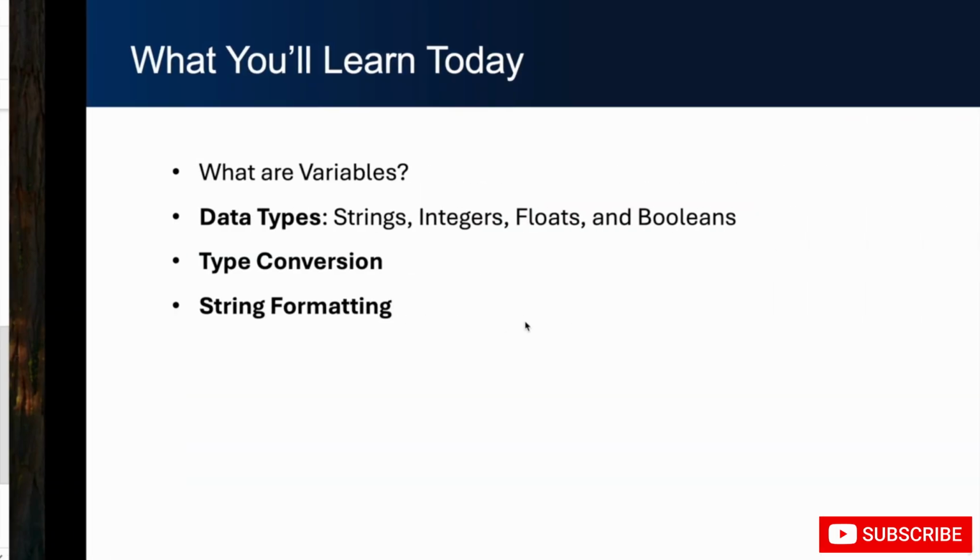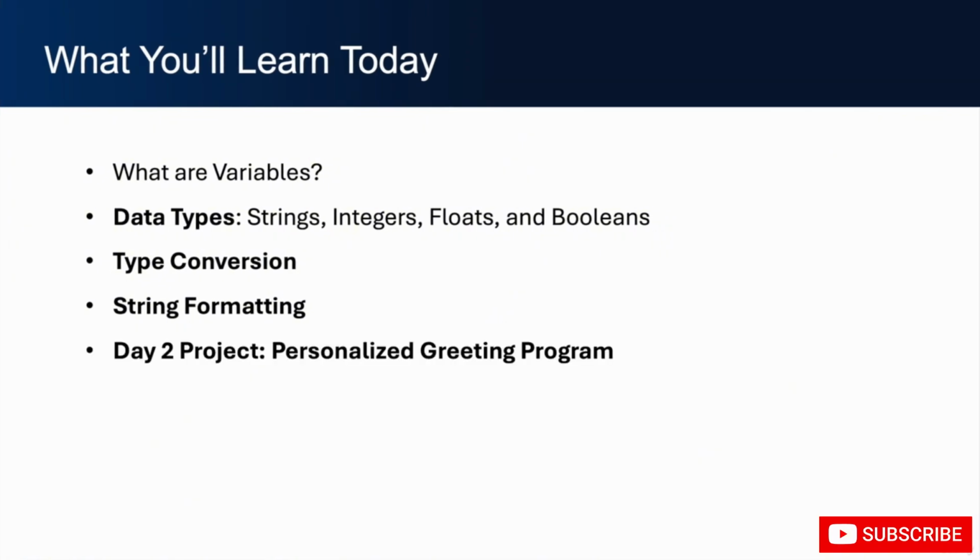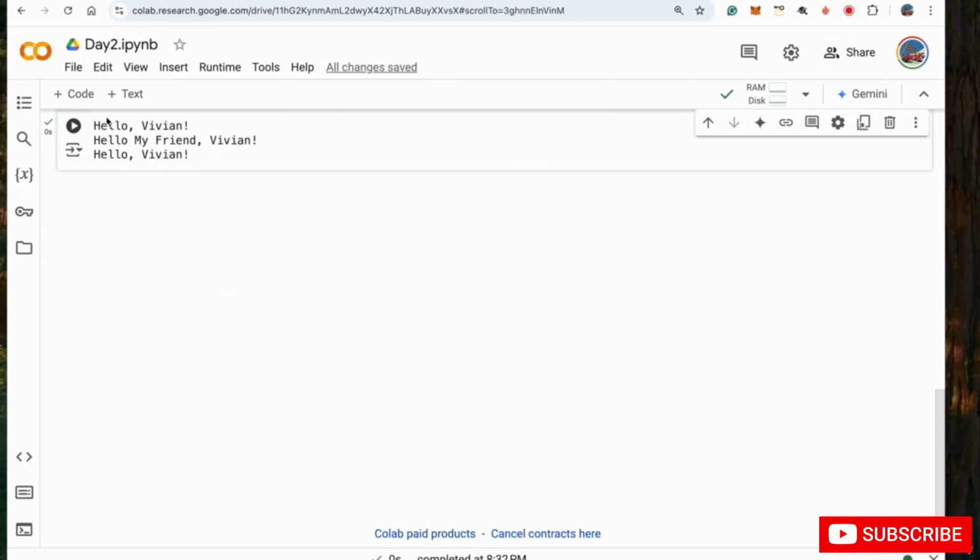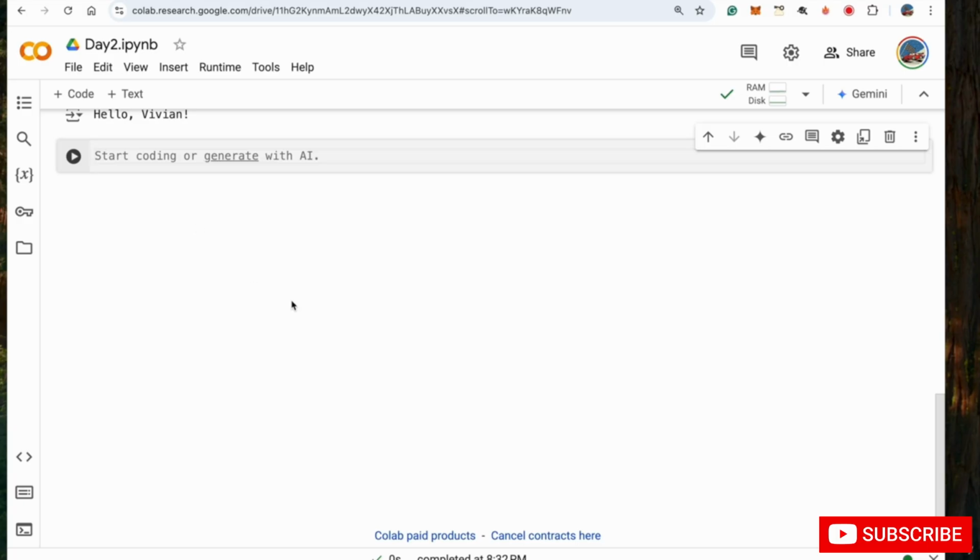Now, going forward, our final step is our day two project, which is a personalized greeting program. The goal here is to build a Python program that asks the user for their name, age, and favorite color. Yesterday, we did name and hobby, but today we're going to do name, age, and favorite color, and then generate a personalized greeting message. So let's go ahead, move it up, create a new code snippet,